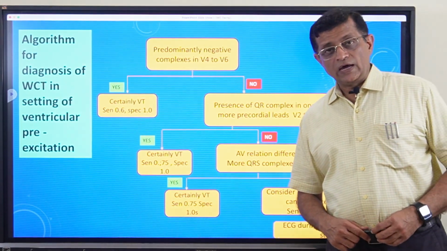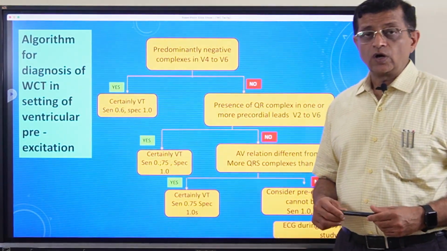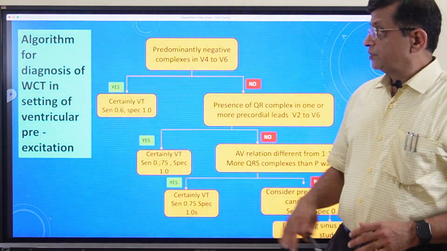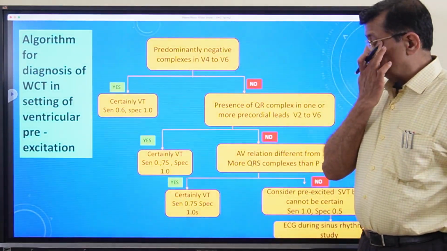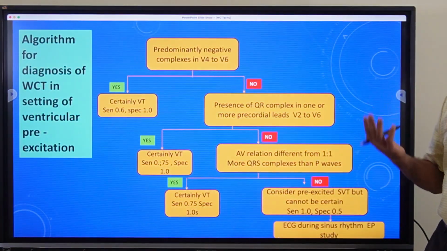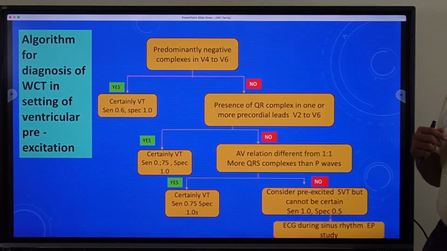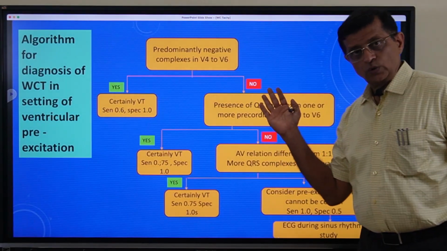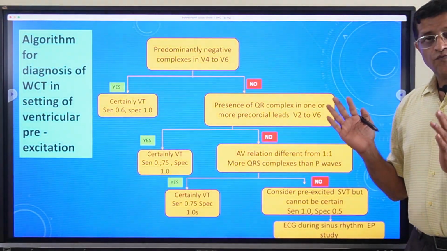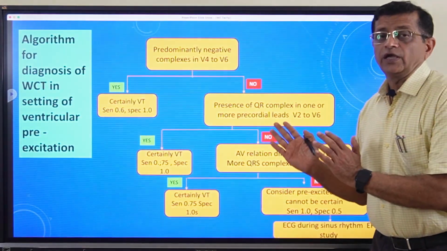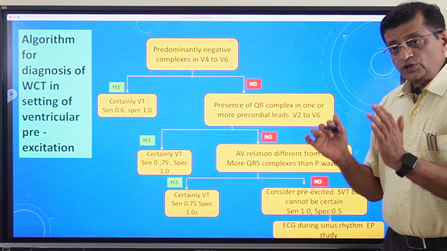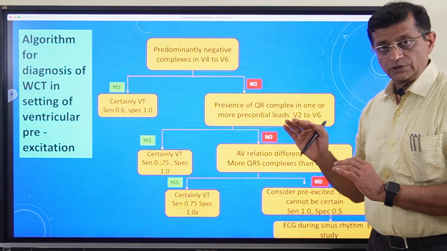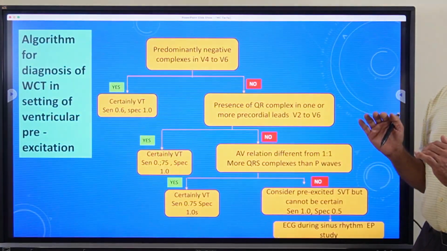For the patients who have WPW syndrome, or there is a suspicion of WPW syndrome, pre-excitation or antidromic AVRT, they have designed a special algorithm that is different from the Vereckei and the Brugada algorithm. The first thing that you have to see is a predominantly negative complex in V4 to V6. So you have a wide complex tachycardia, and if you suspect antidromic AVRT, then look for negative complexes in V4 to V6, predominantly negative, either QS or QR, but the R should be smaller,